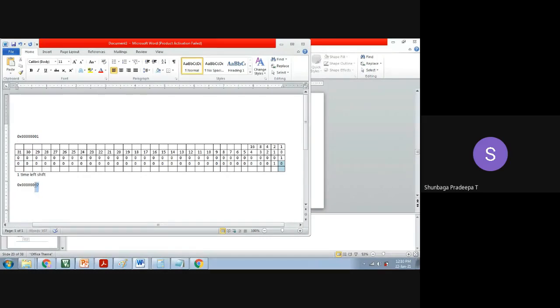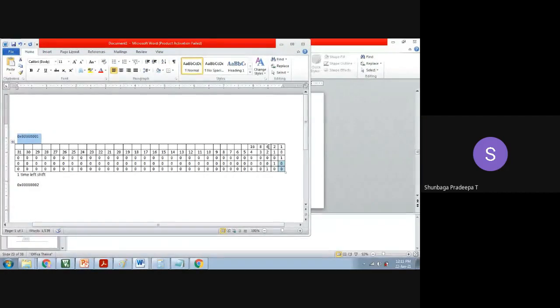So this value, if I am shifting again by 1, okay, so what will happen? This entire value is getting shifted to the left side 1 bit. So all the bits are shifted 1 bit to the left, and what happens? The LSB bit, this 0, will also be shifted now. Okay, so in the LSB position, what happens? Now 0 is inserted. Okay, so when the actual value is shifted 2 times, it is equivalent to multiplying by